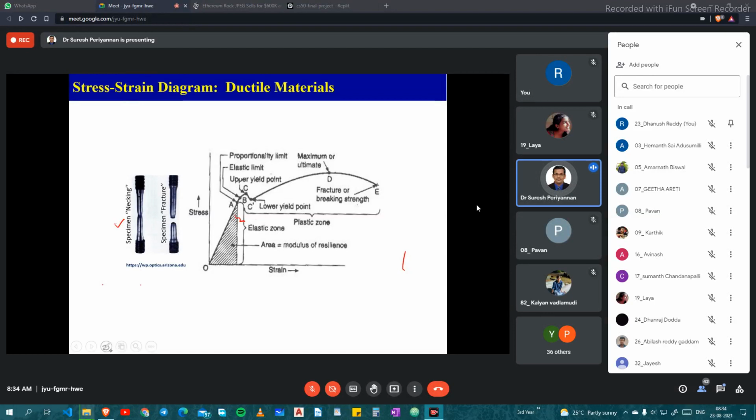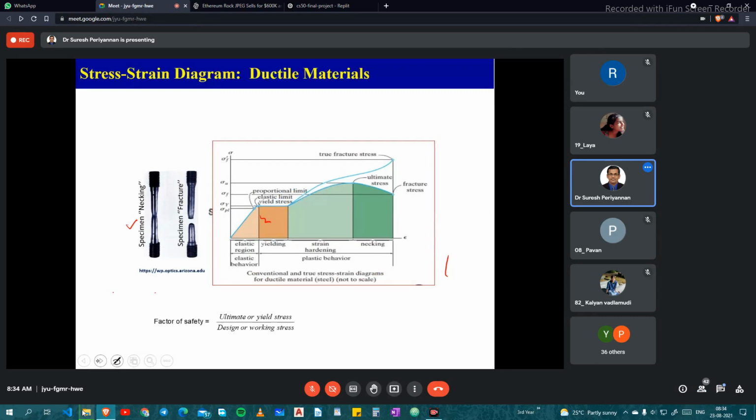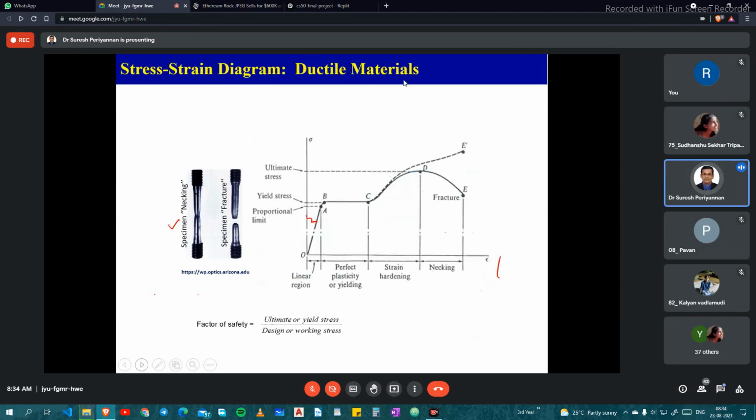Yes, sir. In the last class we discussed up to this, the stress strain diagram for ductile metal. Just a recap within two minutes, then we go for further discussion. Point A is the proportional limit. Up to the proportional limit, this region only we are